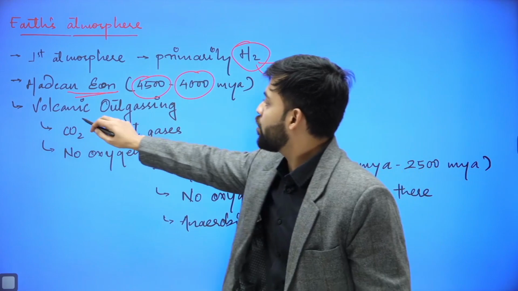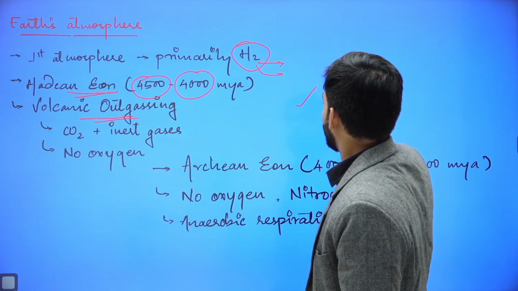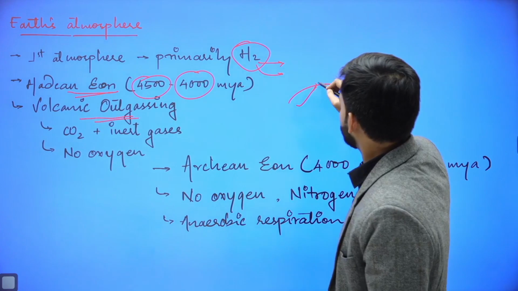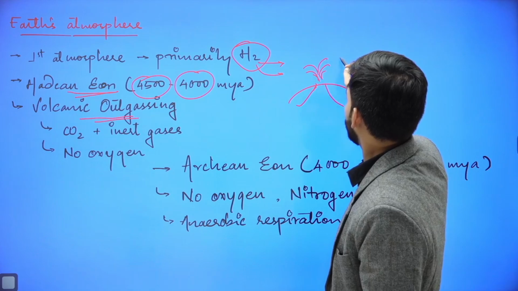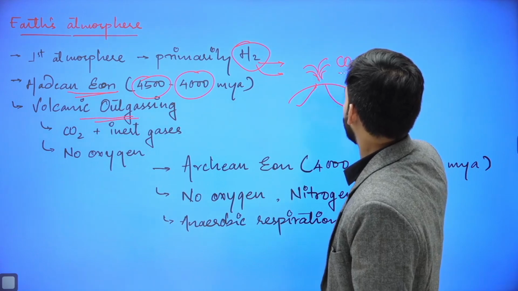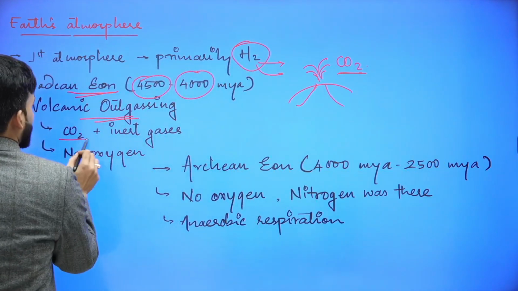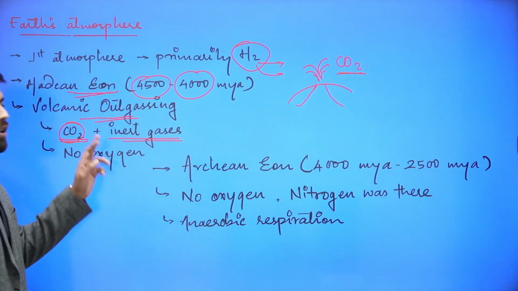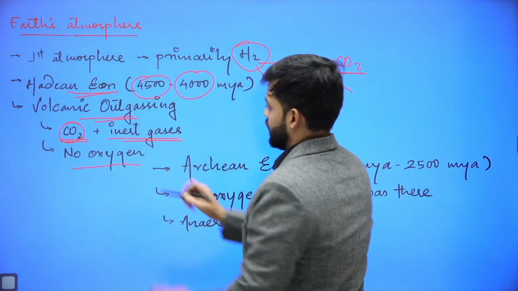Then volcanic outgassing happened, that is, volcano erupted from the interior of the earth, and as eruption happened, various gases emerged out of it, and the major gas was carbon dioxide. So carbon dioxide was present, plus several inert gases came out through volcanic outgassing,